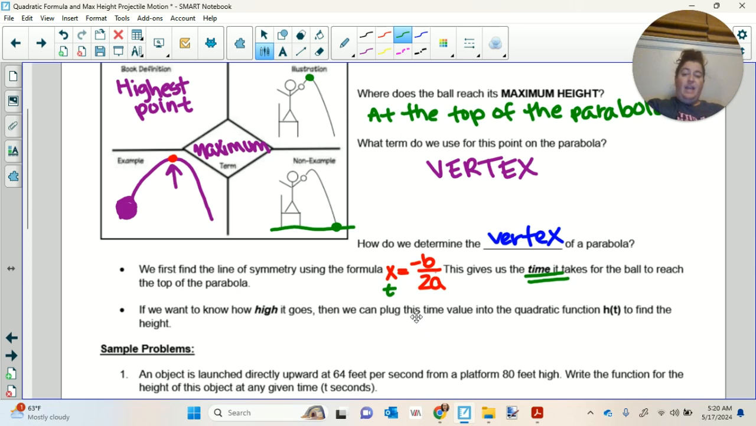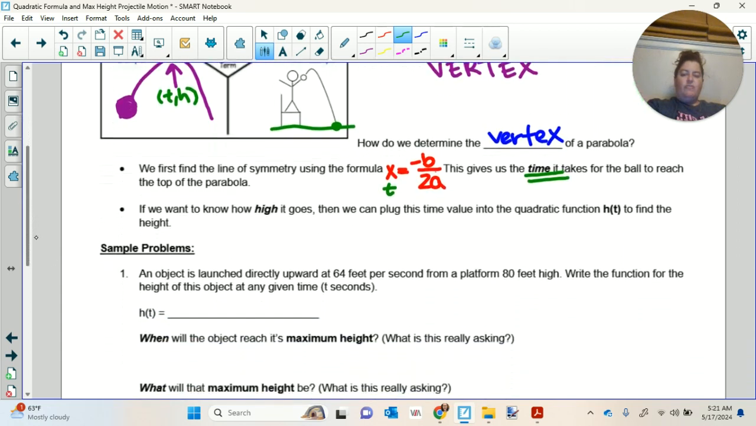Now, once you know the time it takes, so you're going to have a time, and then you're going to have a height. Once you know the time that it takes, you can plug that time into your equation or your function to find the height. So, for example,